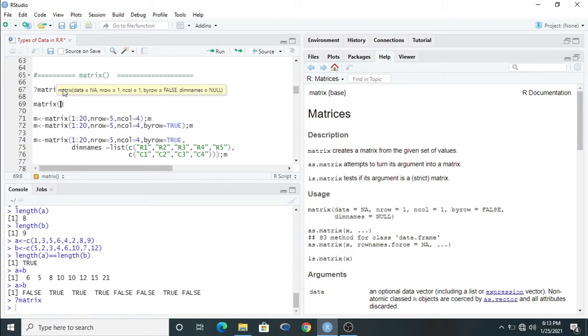Okay, just first one is data. Suppose you don't want to put any data, so just put your comma. It means before comma, the first item is data. Okay, and we are not putting anything for the data, and the result will show as NA, not available. Clear? Then n row, number of row, we can put here n row equal to 3